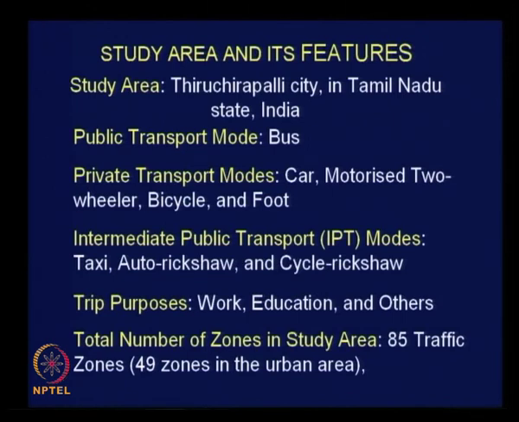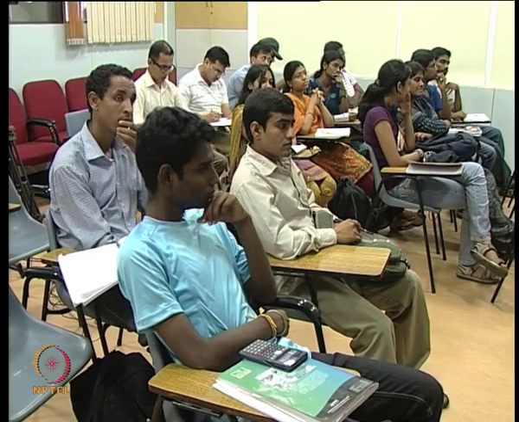Trip purposes, as we have seen earlier, are work, education and others. We have classified the trips into only 3 categories because the percentage of trips made for other purposes was how much? Anybody who can recollect the number? Hmm? 6%. It was only 6%. 49% for work, 45% for education and just 6% for all other purposes, as far as this particular city